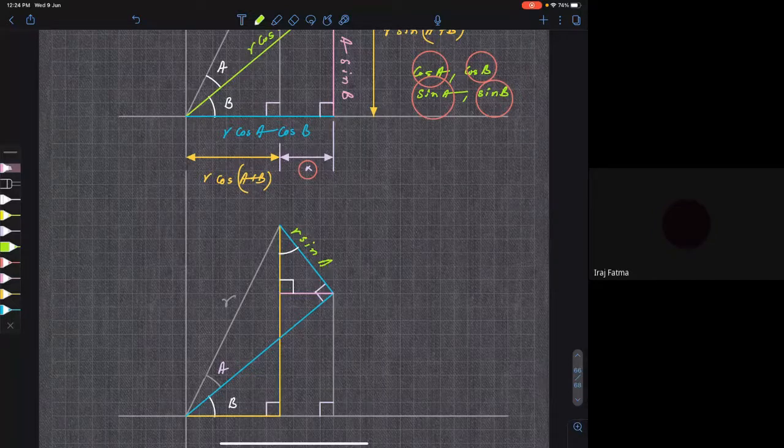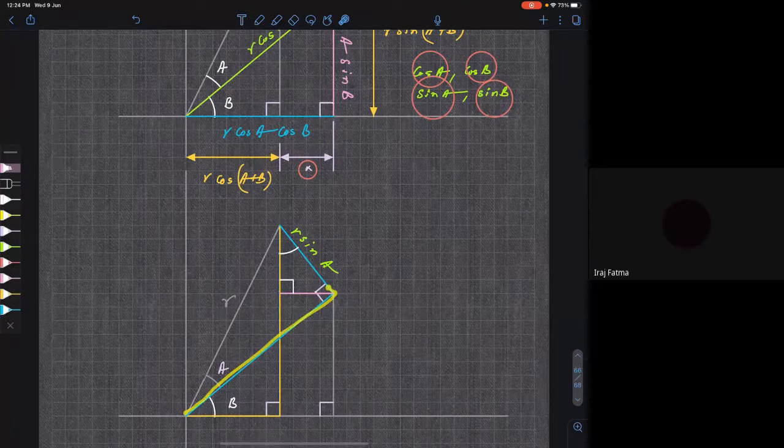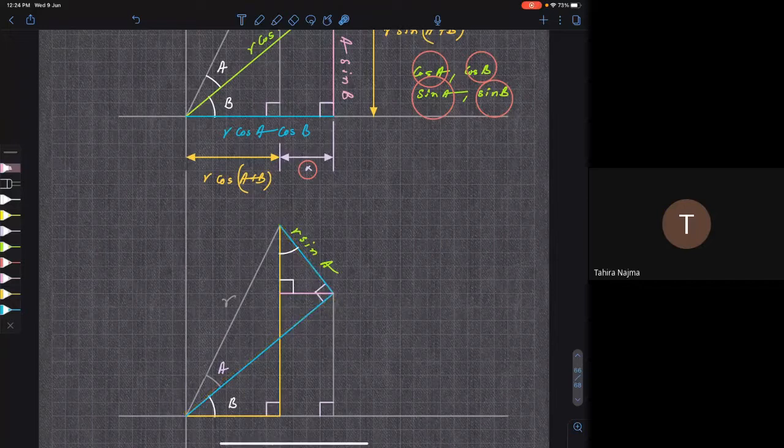Now the next task is to find that angle, the white colored angle. To find that white colored angle, can you see that these two yellow lines are perpendicular to each other? Yes, sir. And these two blue lines are perpendicular to each other? Yes, sir. Now if the angle between the yellow line and blue line is B, then the angle between their perpendicular lines will also be B. Can you repeat, sir?